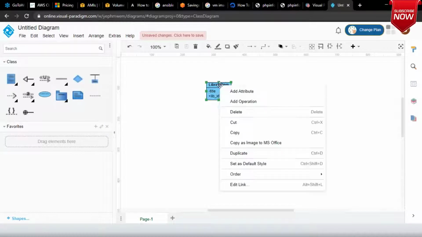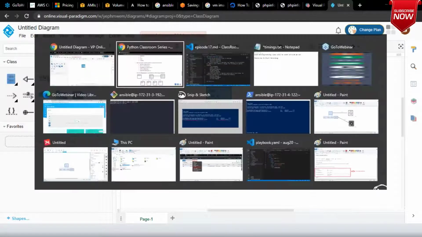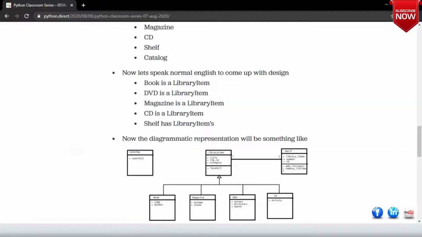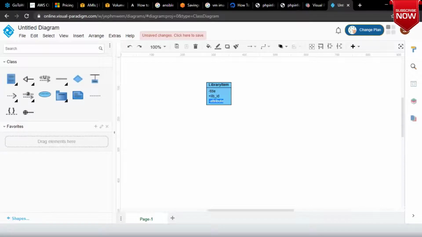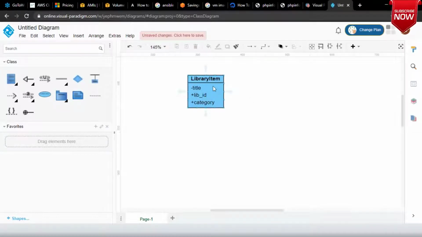Right. What is the attribute which we have added? The other stuff is category. Right, so in this I am basically using attributes. Attributes are nothing but members. Let me zoom this image. I'll add the whole stuff and then I'll explain what that plus and minus are.